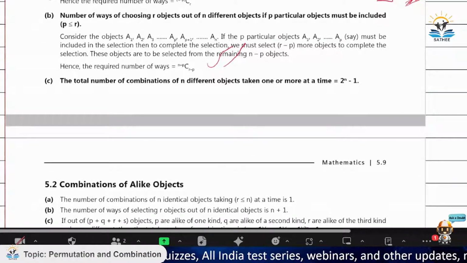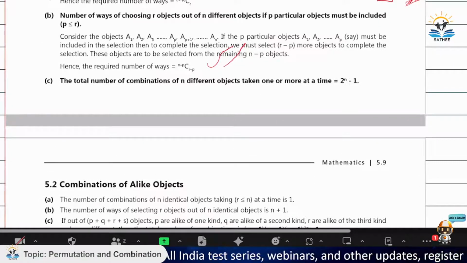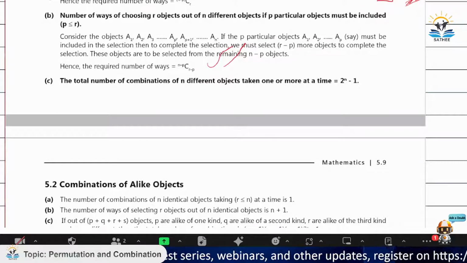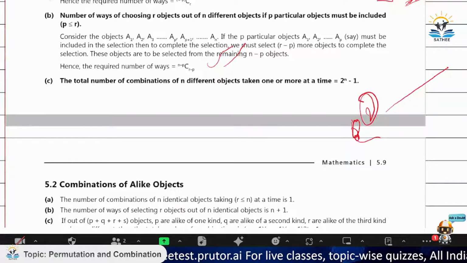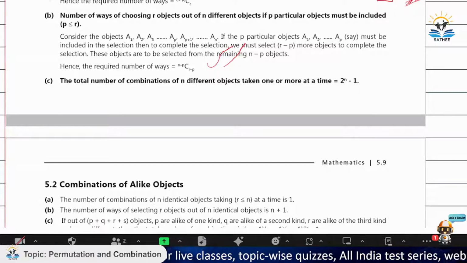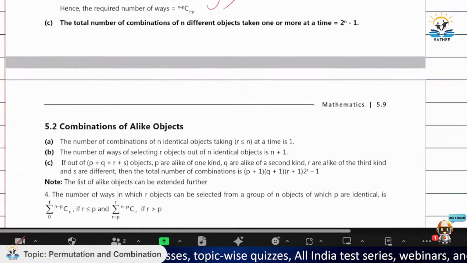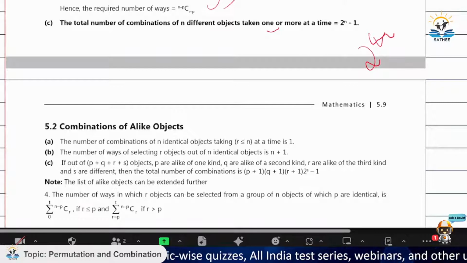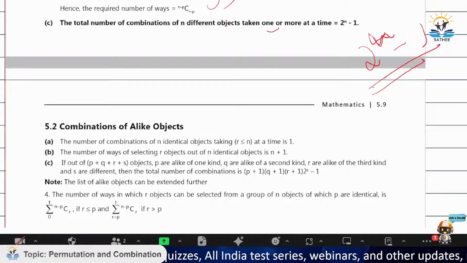ये हमने ऑलरेडी उसको ही देखा था कॉम्बिनेशन में, it's nothing different. Total number of combinations of n different objects taken one or more at a time. अगर हमें n डिफरेंट ऑब्जेक्ट्स को लेना है और हम उसको रिपीट कर सकते हैं, तो क्या हो सकता है? या तो हम एक ऑब्जेक्ट को ले या ना ले, एक और चॉइस ऐसे ले लें, बट हमें एक ऑप्शन इसमें घटाना पड़ेगा जब हमने किसी को भी नहीं लिया। एक ना एक को तो लेना ही पड़ेगा ना। अगर जीरो और मोर होता तो 2 की पावर n कर देते हैं, बट एक को तो लेना है तो एक केस को सब्ट्रैक्ट करना पड़ेगा, ठीक?